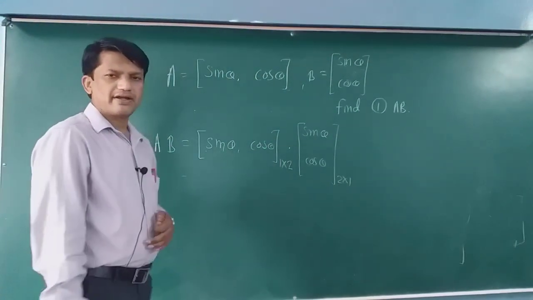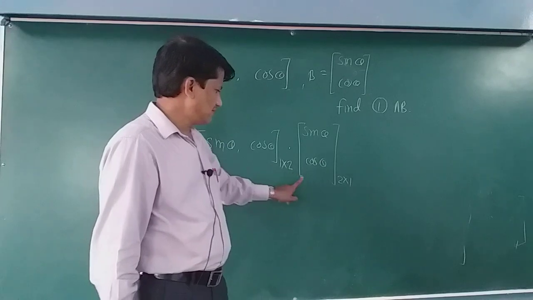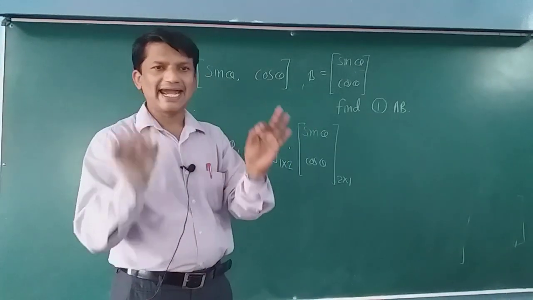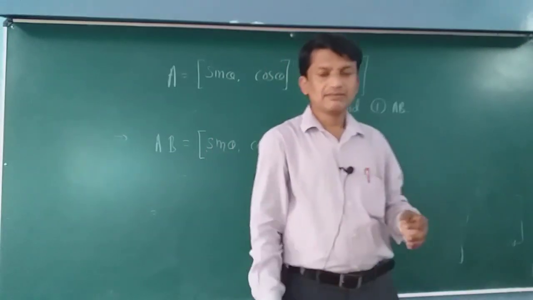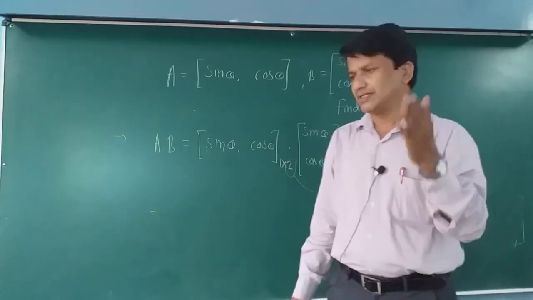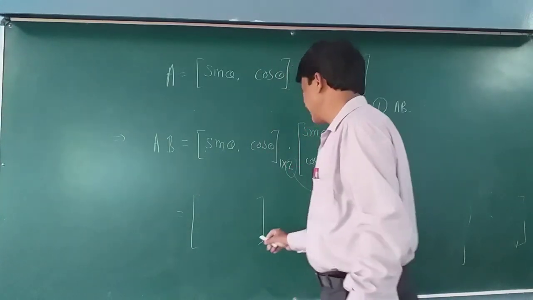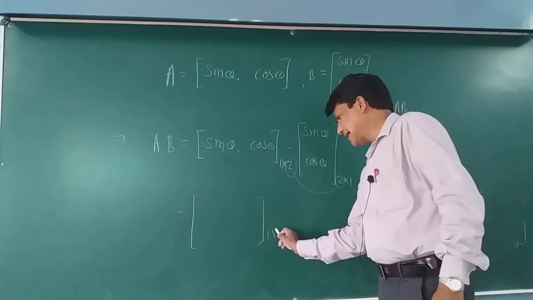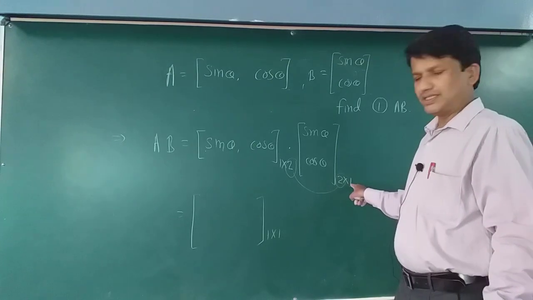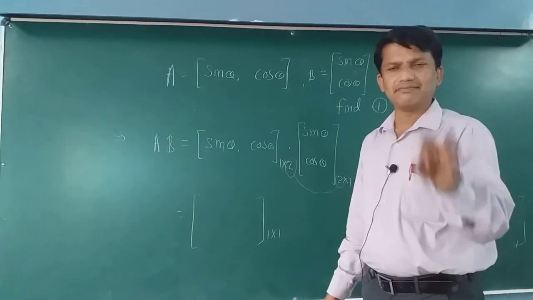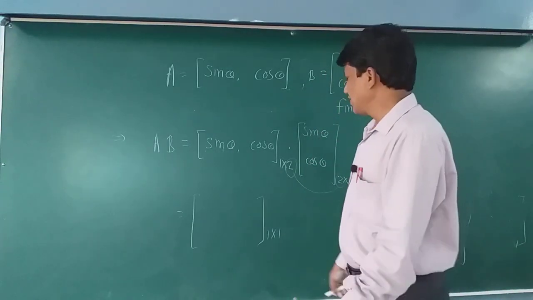So according to our product rule, look here. First is row, second is column. We have to observe these two with these two. So they are looking the same. Means the product is possible. So what is the product? And the result will be of order 1 by 1. This one is from here and another one is from here. So in the result there will be one particular number, one particular element. Okay, so multiply according to our rule.